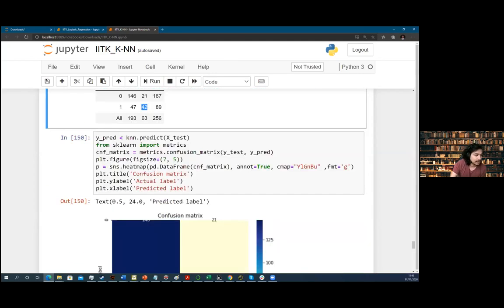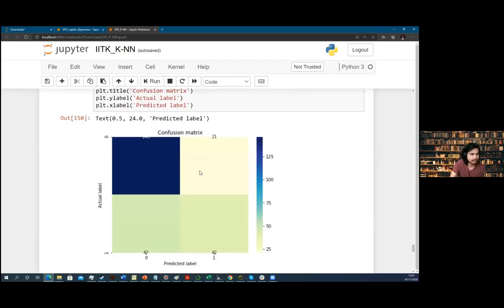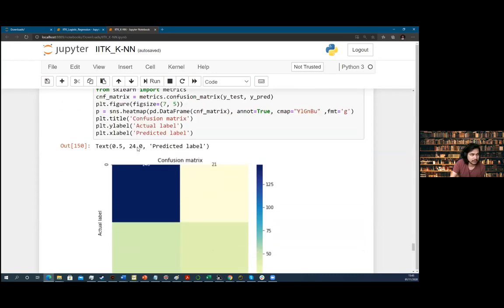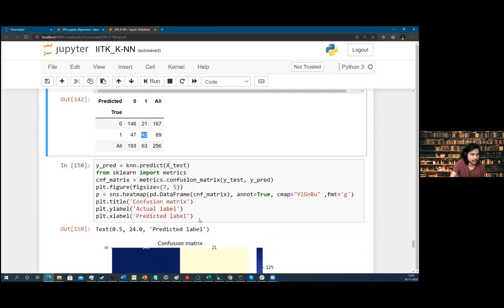So here we are trying to do again the same thing, which is y prediction. We predicted on the basis of the X test, and this is the same representation of what data you have here. So 146 is here, 21 is here, then 47 is here, and then 42 is here.